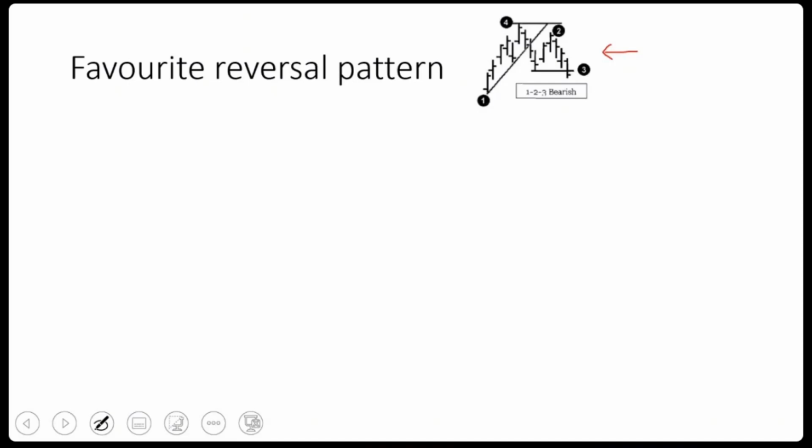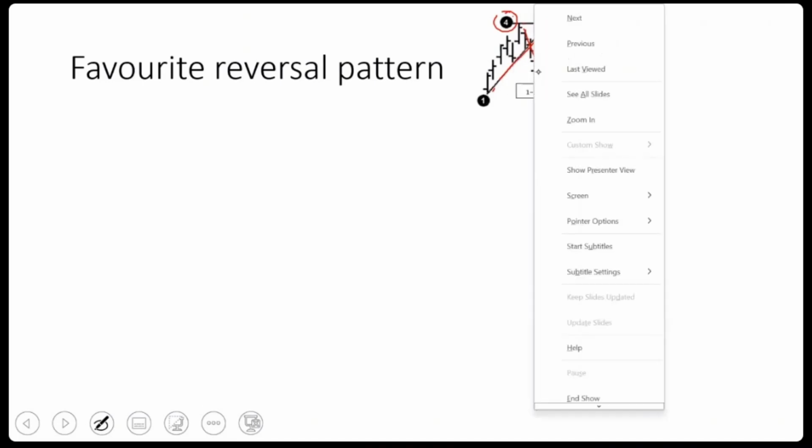It's basically this particular trend line. After that, the market hits an all-time high, or at least a high. It breaks the trend line. Number 2 here fails to take the former highs, creating a lower high, and then it breaks down here, creating a lower low. It breaks down below the so-called previous bottom there.